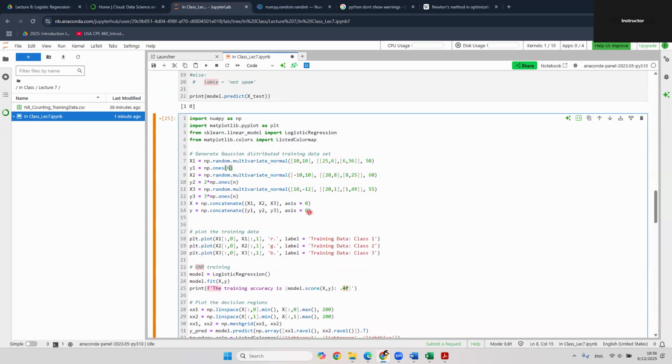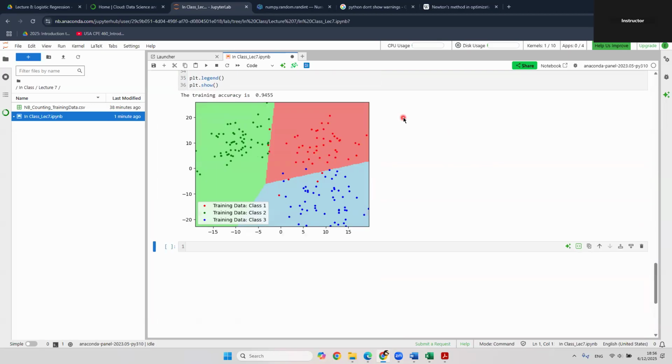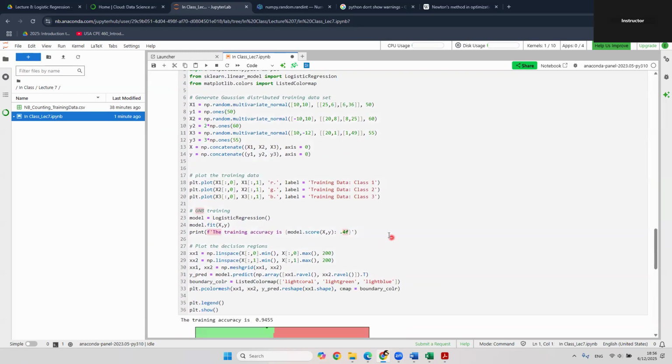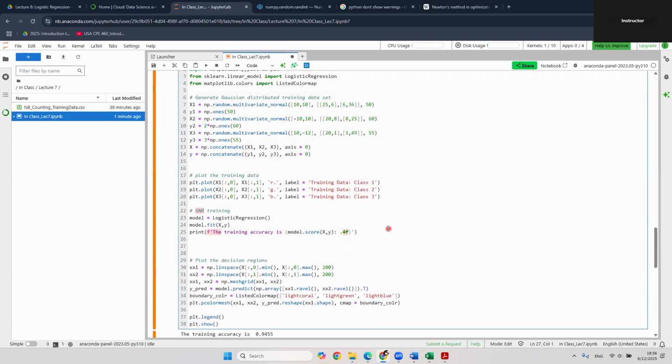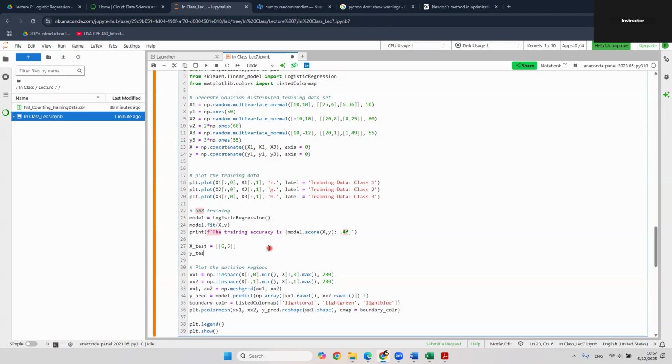Here, 50. I do correspondingly change the label generations, 55. Okay, so these are the things. And then here I also include test data, which is x test equal to 6, 5 in my slides. Again, you need to make it a 2D array instead of a 1D array, okay? Then you can simply say y test predict equal to model dot predict